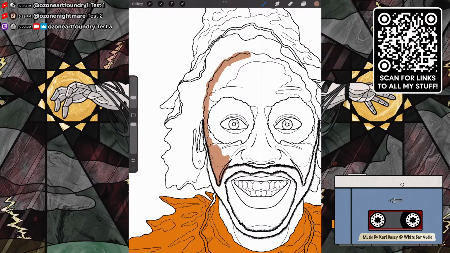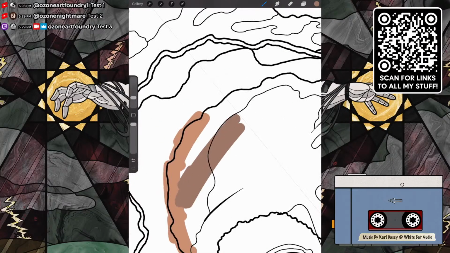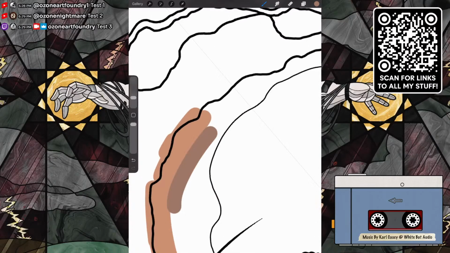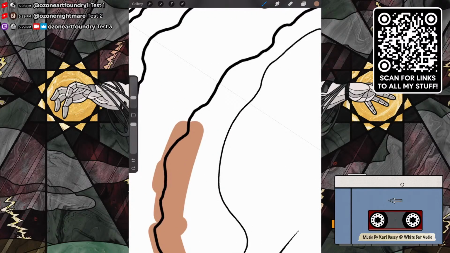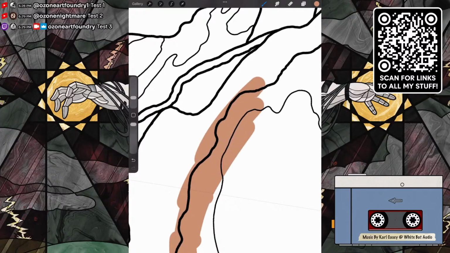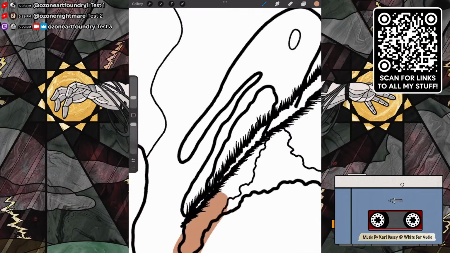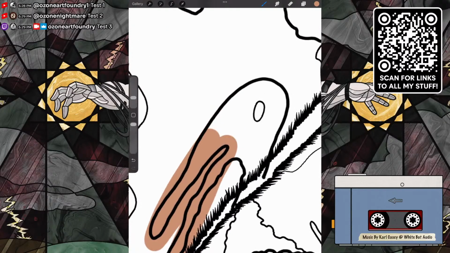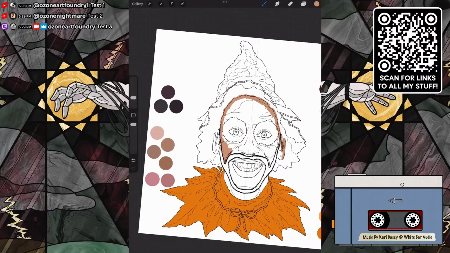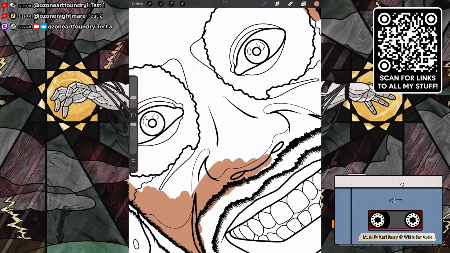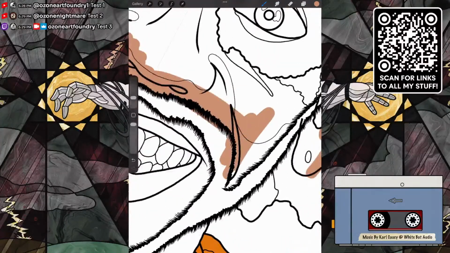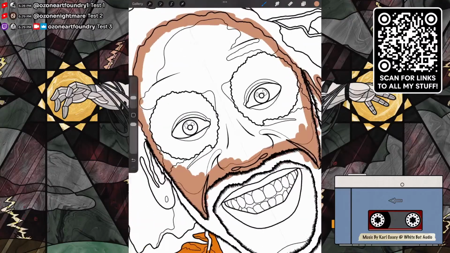Now, this is always stuff that I can fix. I'm not going to worry about it too much right now. These are things that can be corrected. Skin tone can always be fixed because I can always go in and adjust it after the fact. See how much darker that is? That's what I started with. I think this is a better base color because I can always correct it. So I'm not going to worry about that too much right this second. What I'm going to worry about is getting the big color forms in, and then I'll refine them, and I'll figure the skin tone part out. Plus, this does not have to be perfectly accurate.